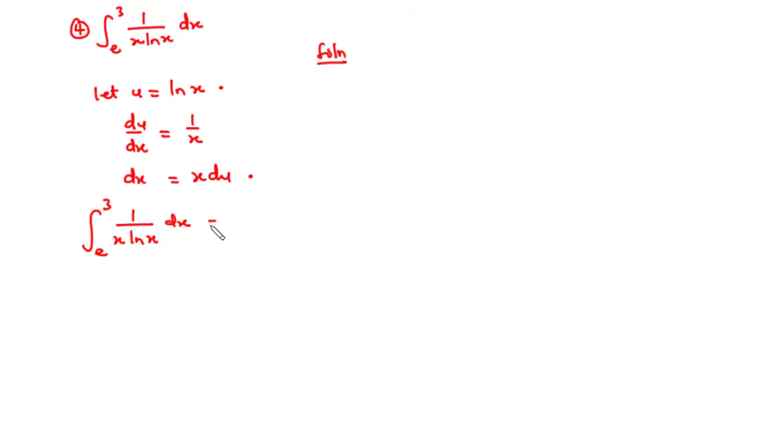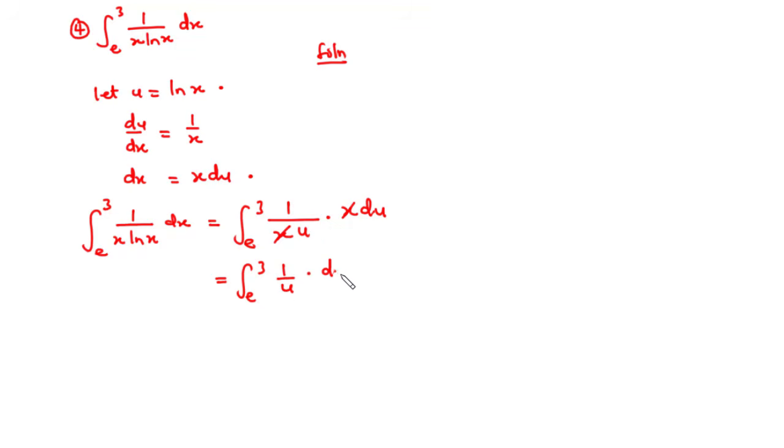That will be equal to the integral from e to 3 of 1 over x times u times x du. So x cancels out x, and then we are left with the integral from e to 3 of 1 over u